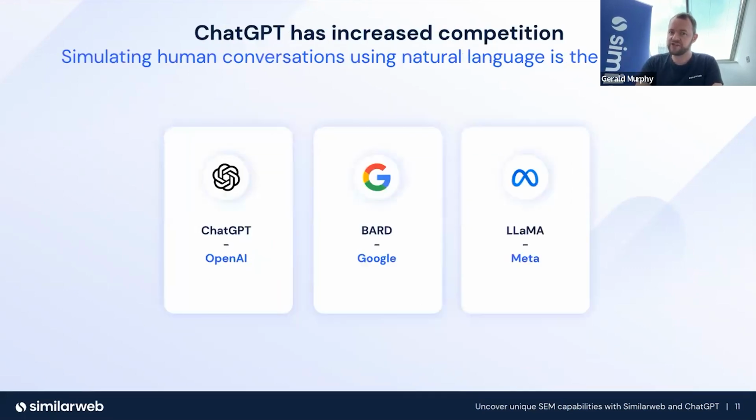Really interestingly for ChatGPT, because they were the first technology to create a function and an interface, they actually forced the market to show their cards. Google and Meta have released their versions of ChatGPT, so it's led the way. And as a result, you're also going to hear a lot of conversations around simulating human conversations. Natural language is also going to be one of the latest buzzwords. For example, in customer service, people will be using AI to automate emails, for example.